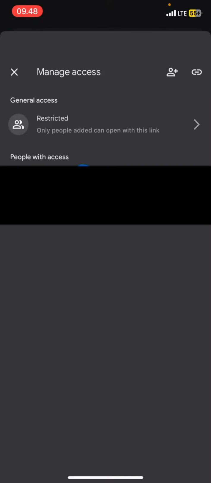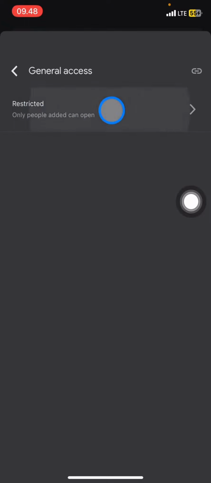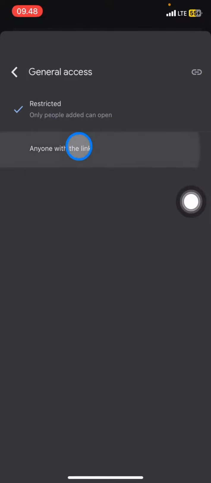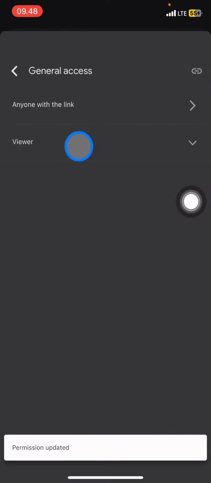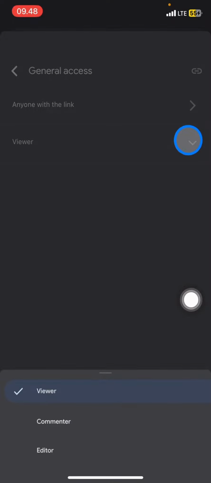And now you just need to go into the general access. We need to change from restricted here into anyone with a link. Whenever it's already changed from restricted to anyone with a link, we need to take a look at the access that we give. There will be a view option. We need to click this part, and there will pop up